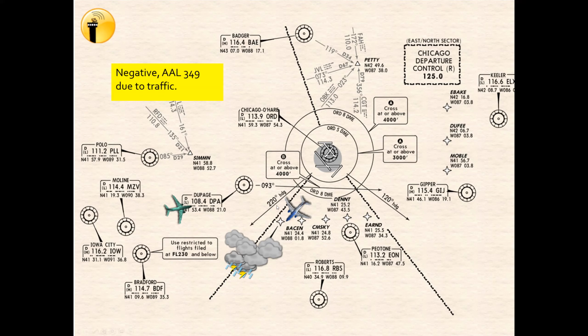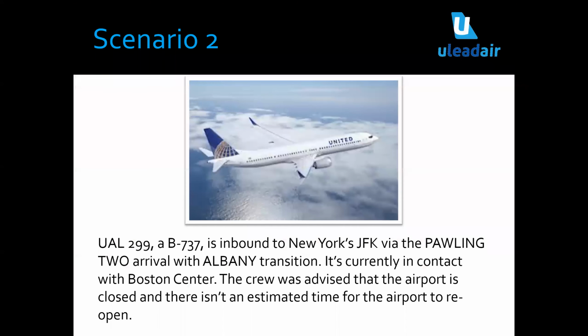And maybe the aircraft wants to go to the west, but it'll now have to go out here to the south and then finally back around just due to the weather and the traffic. But that's usually what happens. And of course, if it's imminent, the pilot should just avoid the weather and then worry about the deviation later on. Anyway,